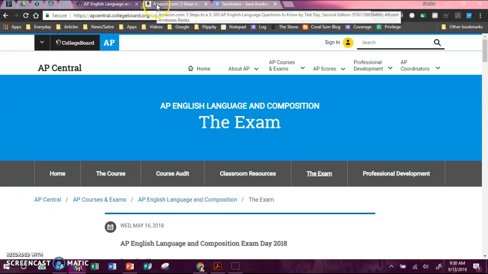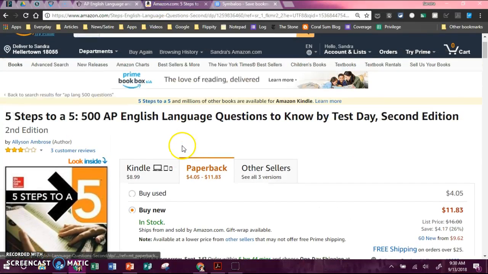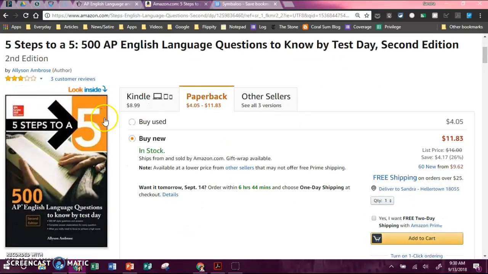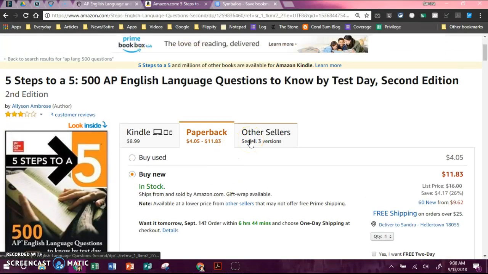In that case, I might suggest this particular book. It's 5 Steps to a 5, which you've probably heard of. And this is strictly a book with a bunch of multiple choice questions. I would not encourage you to get caught up on confusing questions, like if they say something's the correct answer and you can't understand why, I wouldn't get caught up on that. But this can be really good for practicing reading passages quickly, annotating passages quickly, and answering those questions quickly. If timing is your issue, this might be a good tool for you.